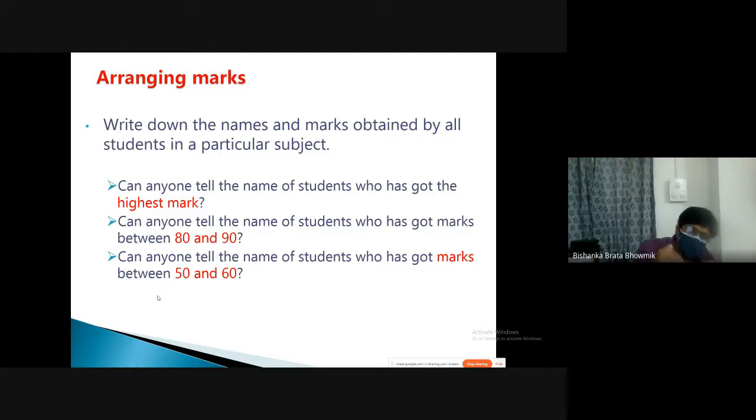And also by making it in a range, it will be easier for them to take out those who got numbers from 80 to 90 or maybe 50 to 60. So that will also be very helpful for them, arranging any data in a stable manner.